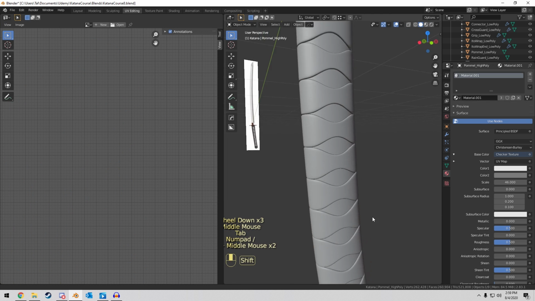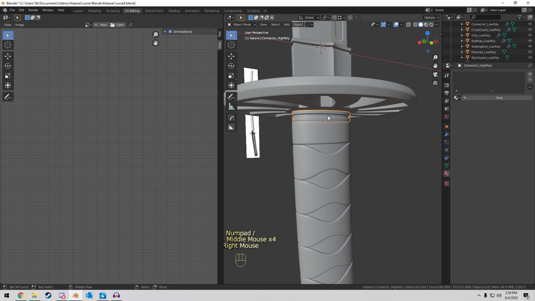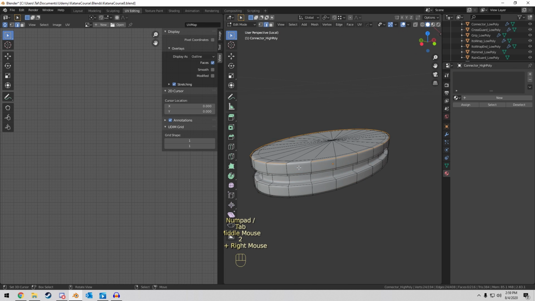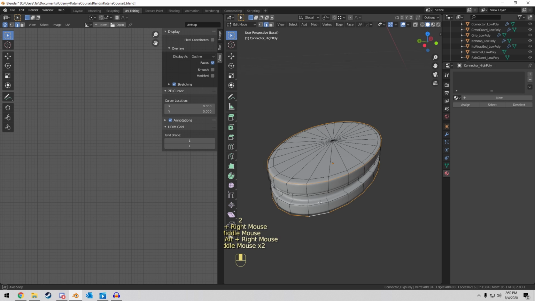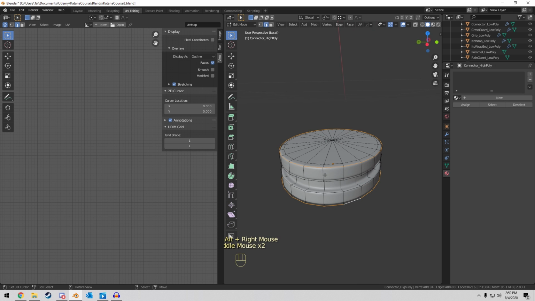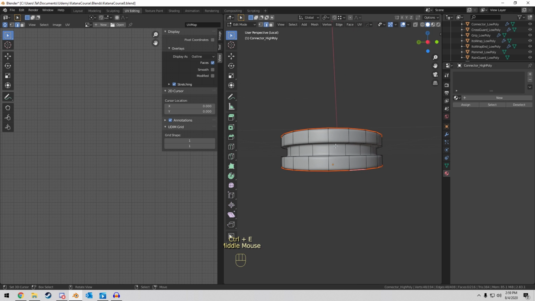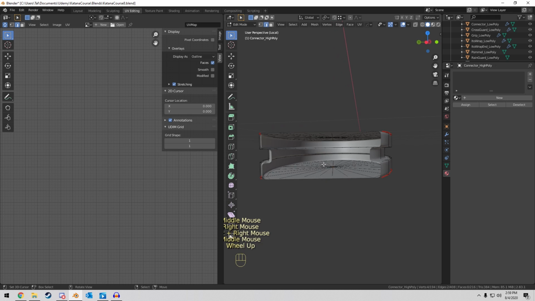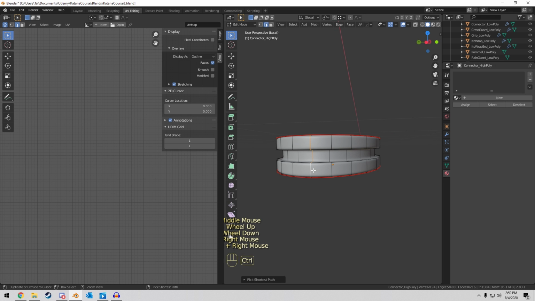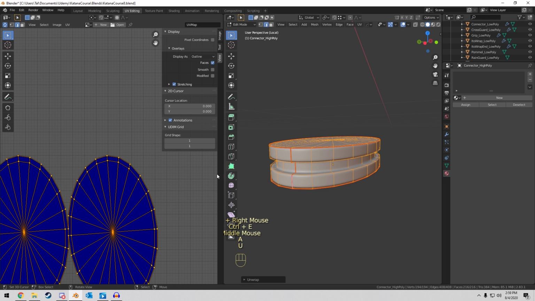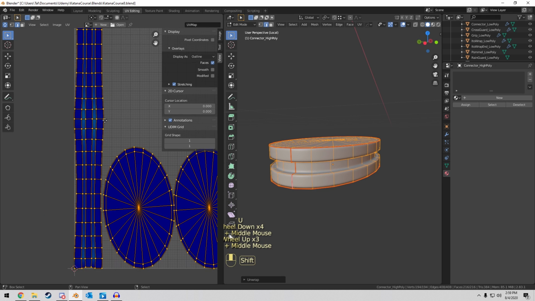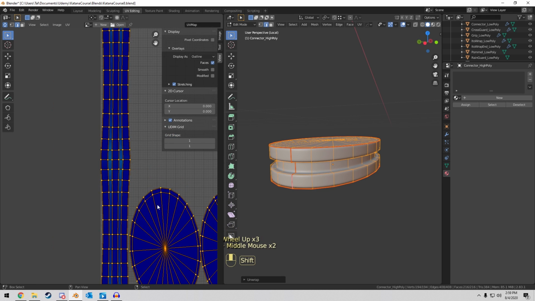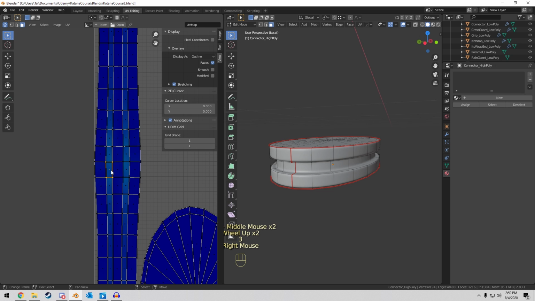Alright, let's come into our connector. Add in an edge loop at the top, right there. Mark those seams, and then maybe these edges right there. Let's see what that looks like. That's looking good. We're getting a little bit in here, so let's come in, make sure we have UV sync